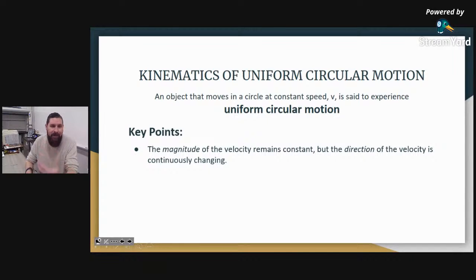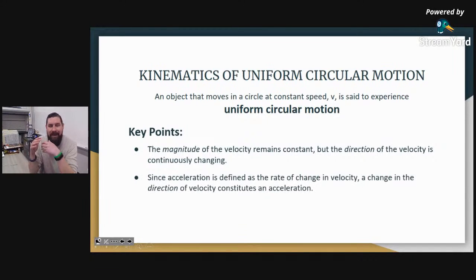And that's a key thing, because if we look back at the kinematic definition of acceleration, acceleration is defined as the rate of change of velocity, which means even though the magnitude isn't changing, because the direction is changing, we still have an acceleration. You can see it there, what I've got up there. Defined as the rate of change in velocity, a change in the direction